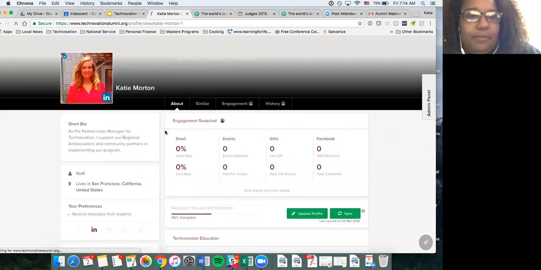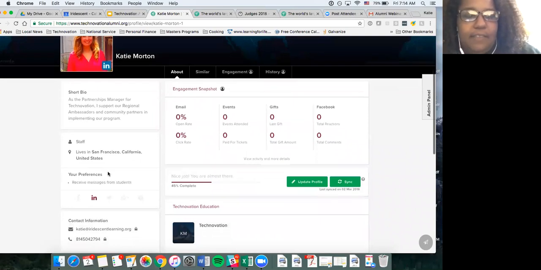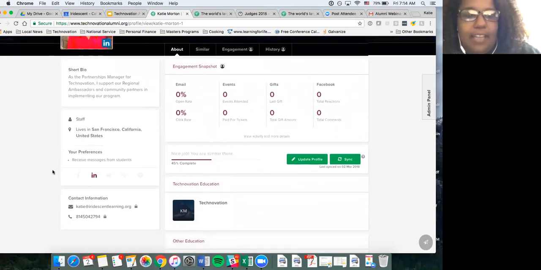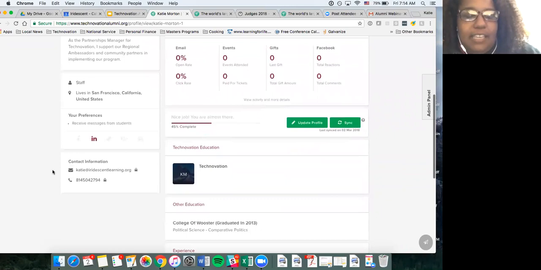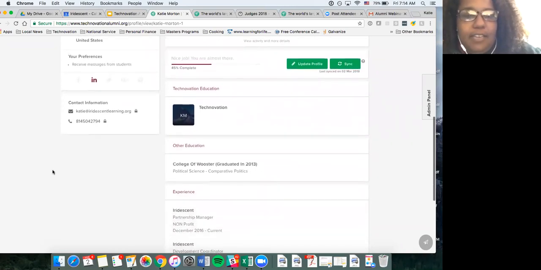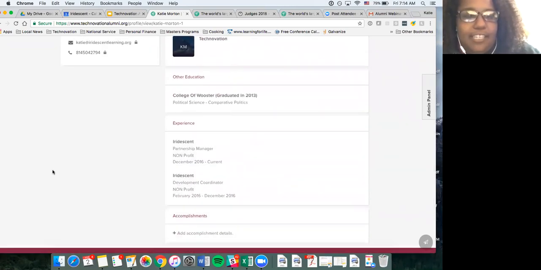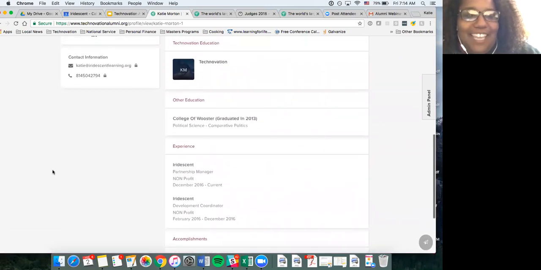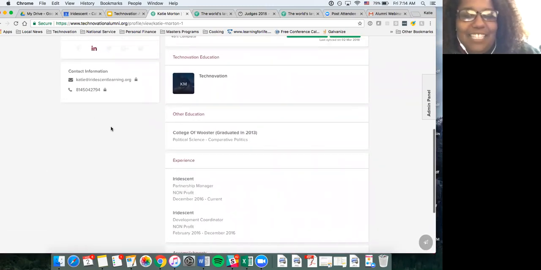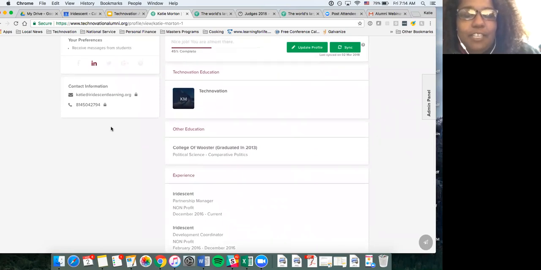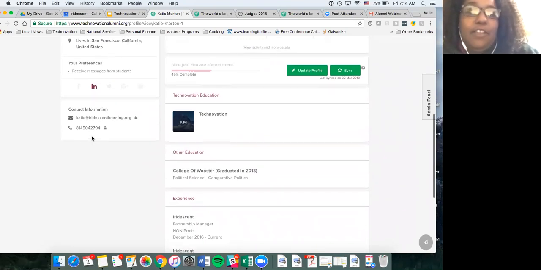So when you go to a profile, of any alumni or yourself or staff, you'll see information that they've decided to share. Here we can see Katie's shy. She hasn't shared too much, but on the left-hand side, you can pick what interests you have. So let's say that Katie put interest in horseback riding, and then she clicked on that. So if anything ever came up about horseback riding, we have these tags,